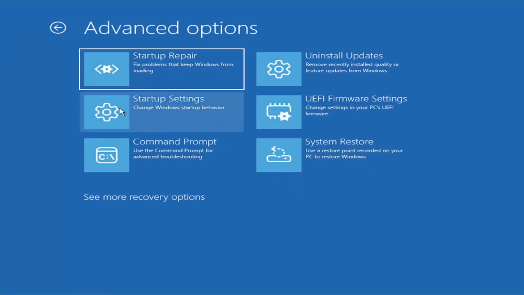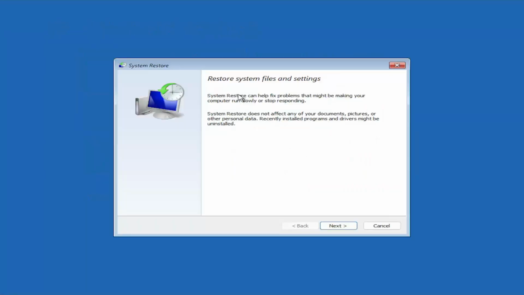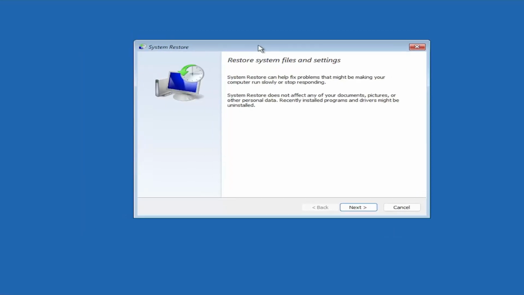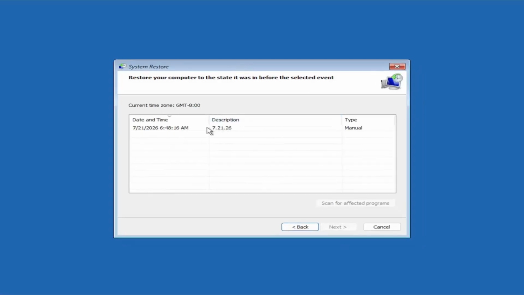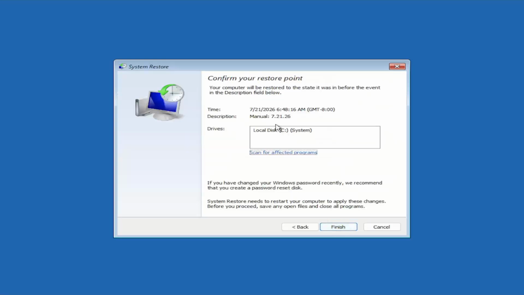Something else you can also look at here, and we're going to jump into the command prompt in a little bit, but you can select System Restore, which will use a restore point recorded on your PC to restore Windows. And this is something I would highly recommend here, guys. So select Next. Assuming you have a restore point saved on your computer, you go ahead and select the most recently created one, and you'll select Next, and then you'll select the drive. You shouldn't actually have to select the drive. You can scan for affected programs, but we're going to keep it all default here,